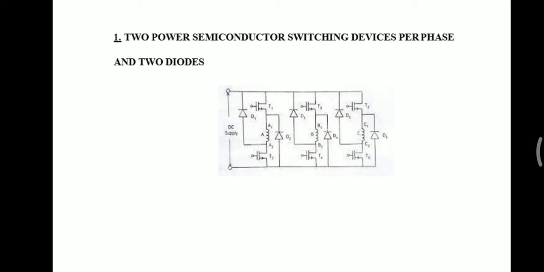As shown in the figure, the phase winding A is connected to the DC supply through power semiconductor switches T1 and T2. Depending upon the rotor position, when the phase winding A is to be energized, devices T1 and T2 will be turned on. When the phase winding is to be disconnected from the supply, the devices T1 and T2 are turned off. The stored energy in the phase winding A tends to maintain the current in the same direction. The current passes through D1 and D2 to the supply, thus the stored energy is fed back to